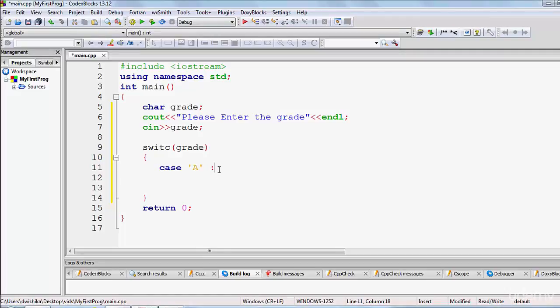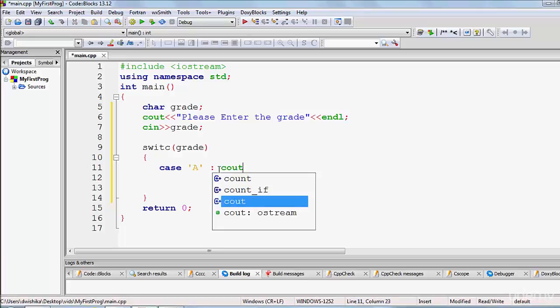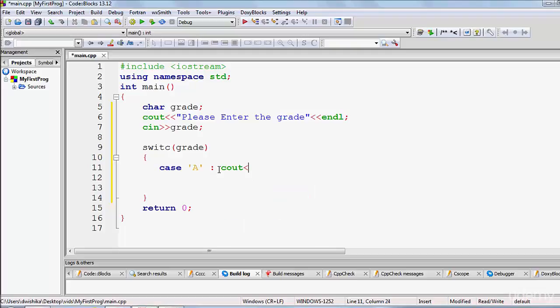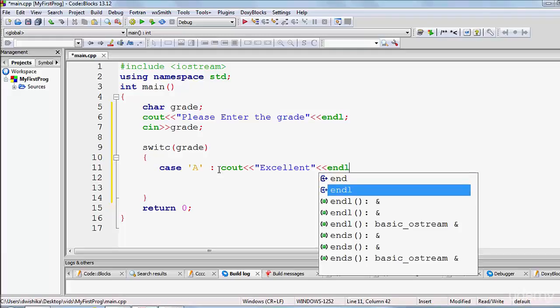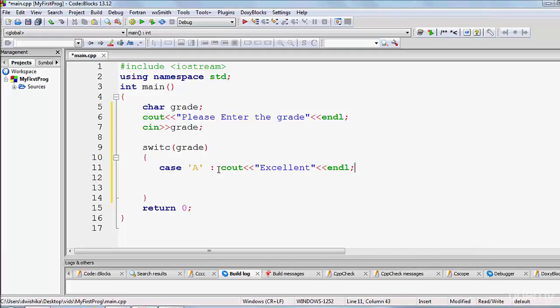So remember this, and then you can output your message. Cout, and you can say excellent. Okay, and end the line. And in the same way, on the basis of grade entered, you can define different cases,